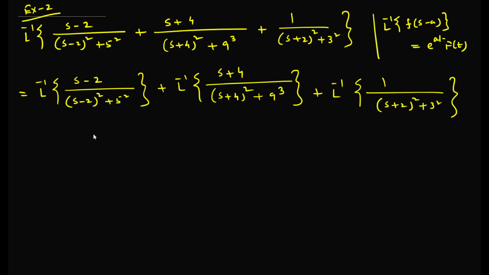Okay. So before starting the solution, I'll do one simplification from this particular property that you just try to understand. What we see, L inverse of f of s, right? L inverse of f of s is